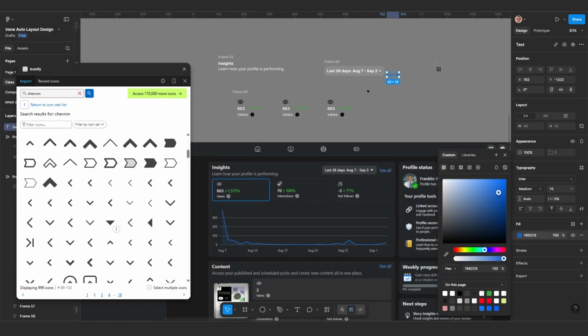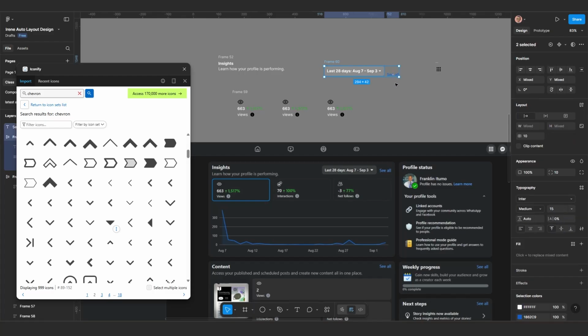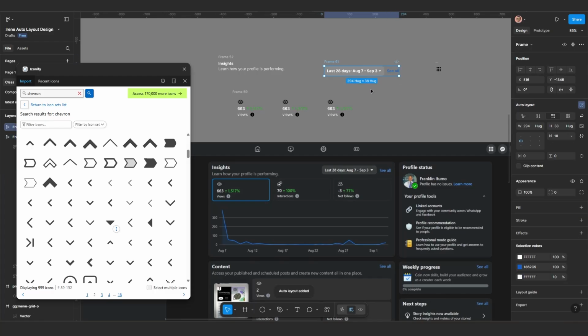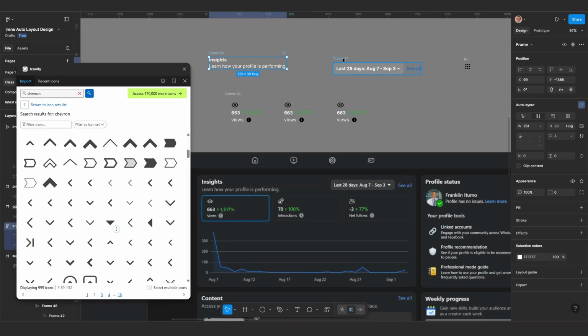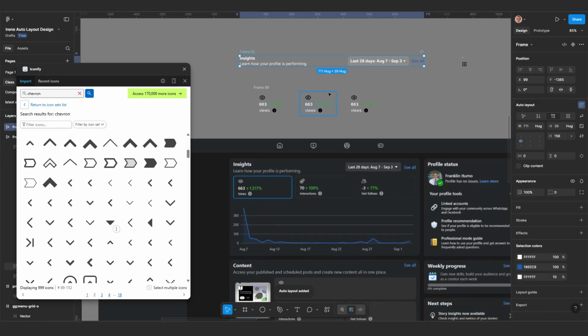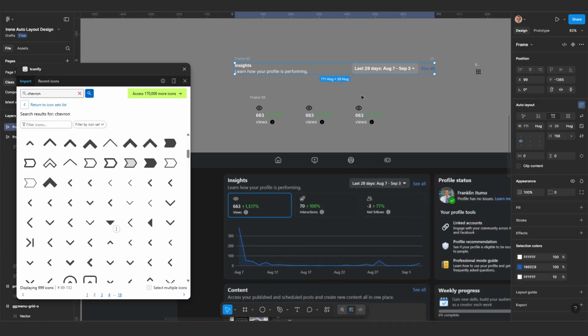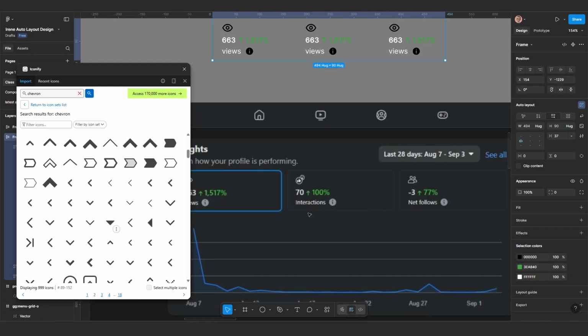Now if we begin to measure, we can see we have this. So I'm going to select this guy, Shift A to add a layer there, right? And then we have these two, Shift A to add another auto layer. Okay, I want you to begin to count how we are getting it up to that stage. And then for this one, now for you to see what is going on here,